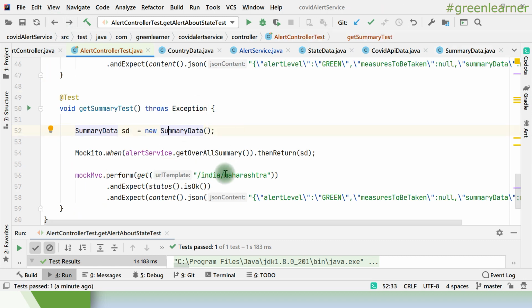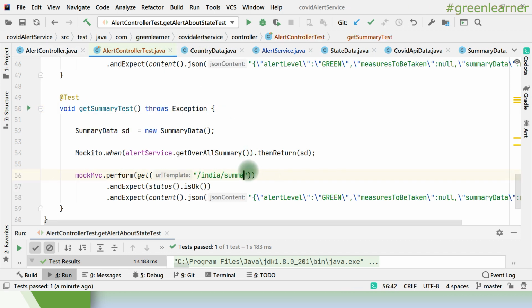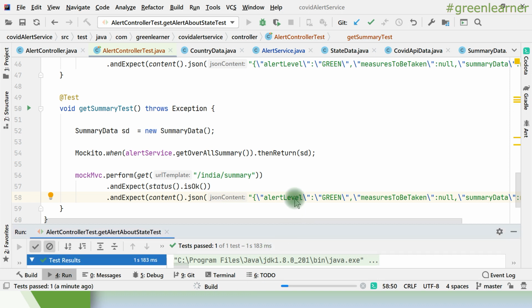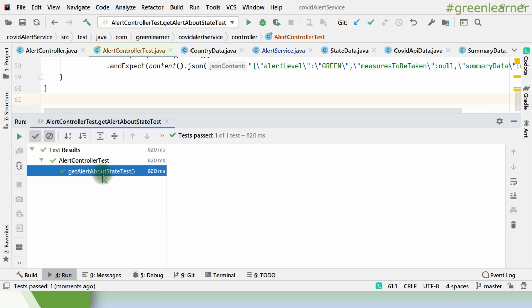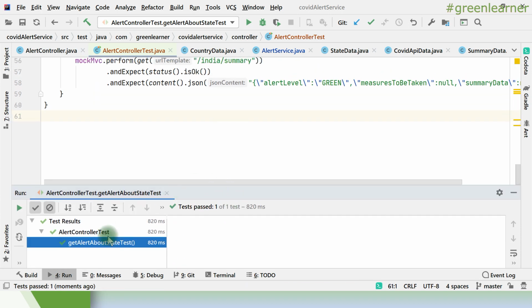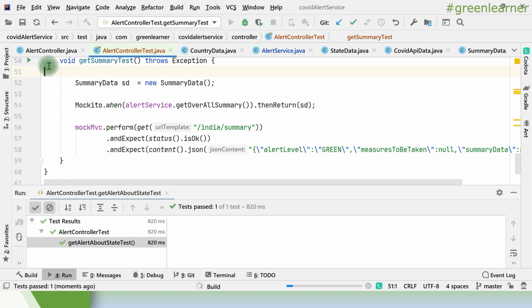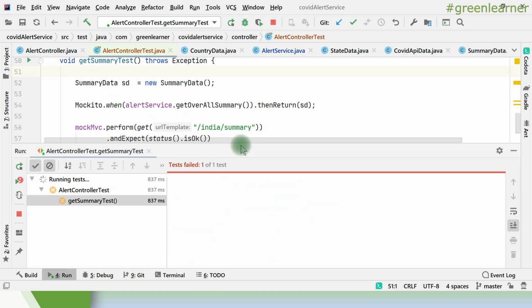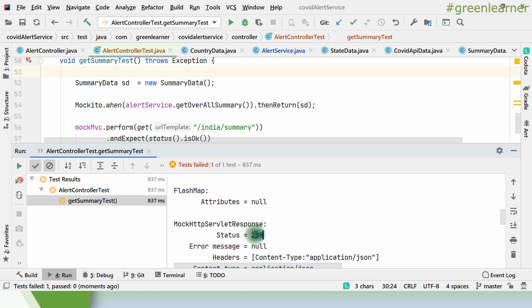I'm just interested in comparing the endpoint, whether it is being called properly or not. So the endpoint is summary, right? So that is okay, but the JSON is not going to match with this one, so that's okay. Once I run it, I'll be picking that from the debugger. Get alert about, so yeah, actually we executed the previous test here, so I just need to execute this one. That's the mistake. Yeah, so this is failing, and I know it will fail because we have status 200 coming, but